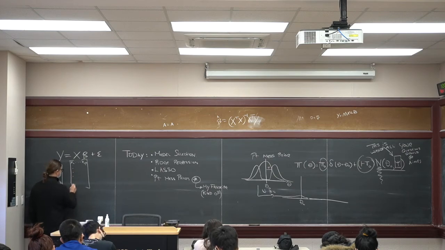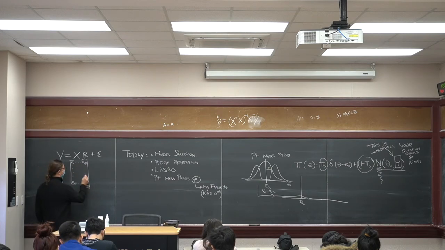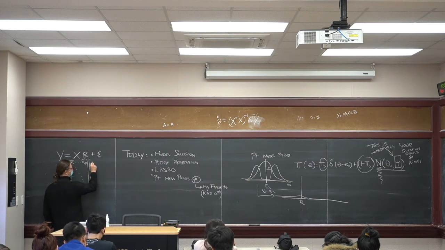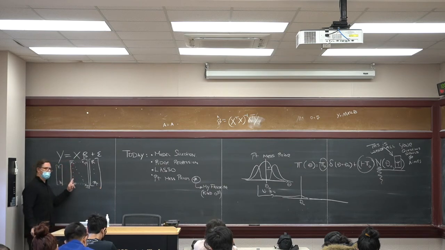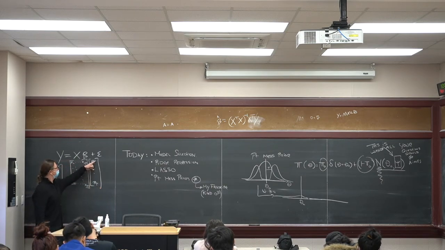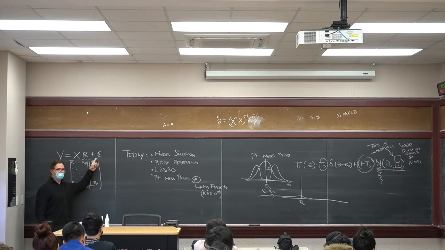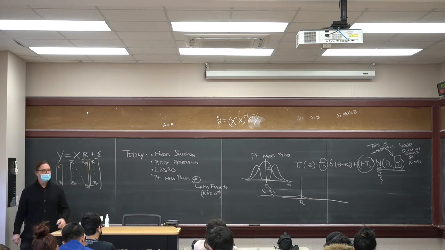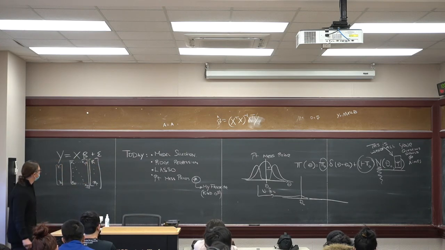And this is going to be xn1 up to xn2. And these are all filled in. And then I'm going to have my betas, beta 1 down to beta p. Again, a lot of people take the first column and make them 1s so that this corresponds to the intercept. I'm not going to write that in as alpha. I'm just going to leave it as beta 1.